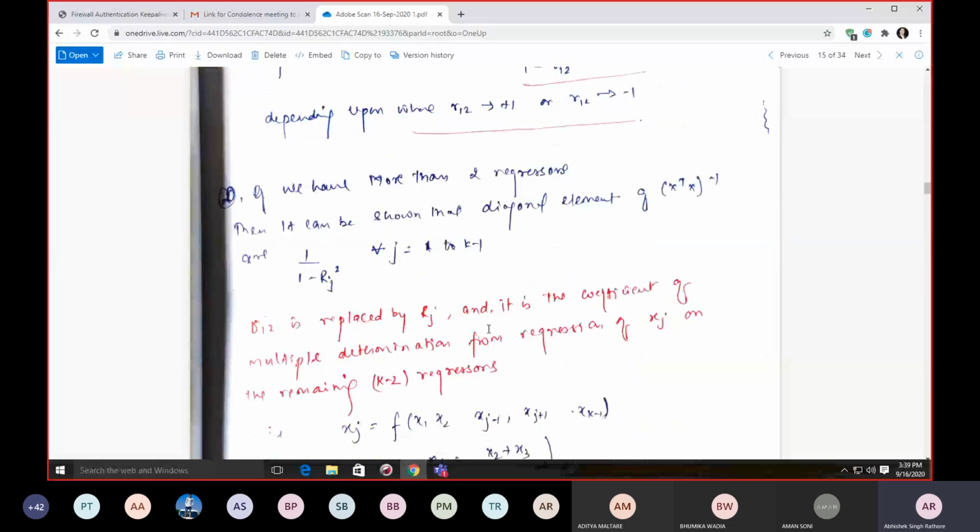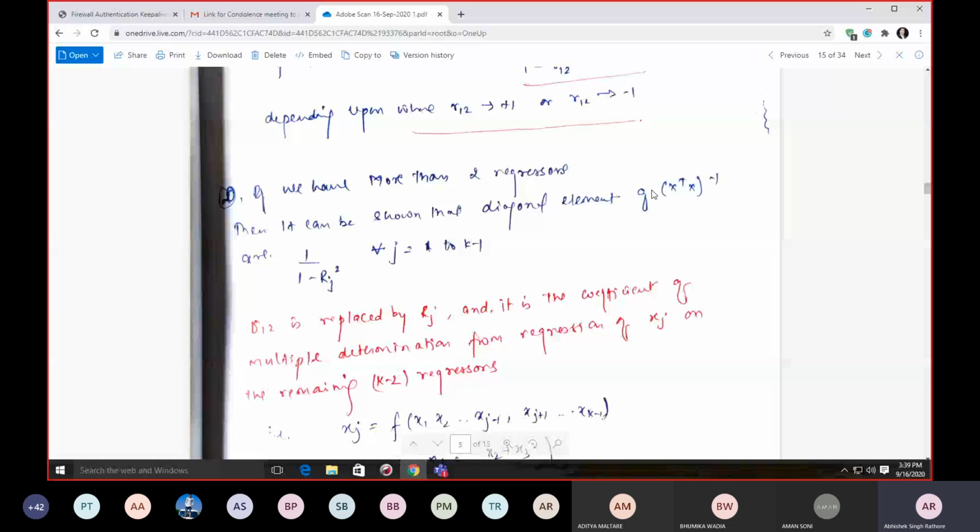Now the question is, if we have more than 2 regressor variables, then we can show that we can have some diagonal elements of this x transpose x. क्योंकि जब मैंने इसका कोवेरियंस निकाला था, तो हम यहाँ पर सिर्फ डायगोनल एलिमेंट्स ही ले रहे हैं. These are my diagonal elements. This is beta 1. When we calculate the variance of beta 1, we are calculating just a diagonal element here. These are independent of each other because we are considering diagonal elements. So we have diagonal elements of this x transpose x inverse.